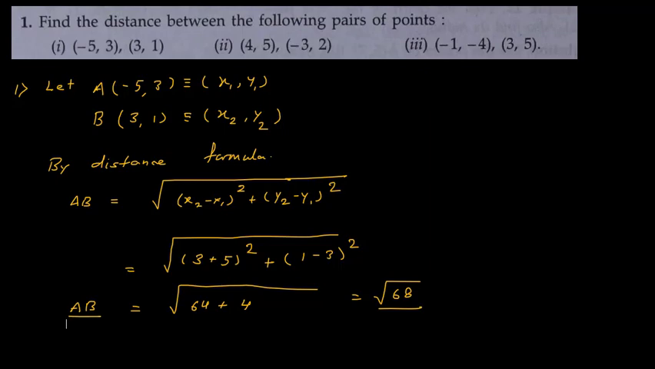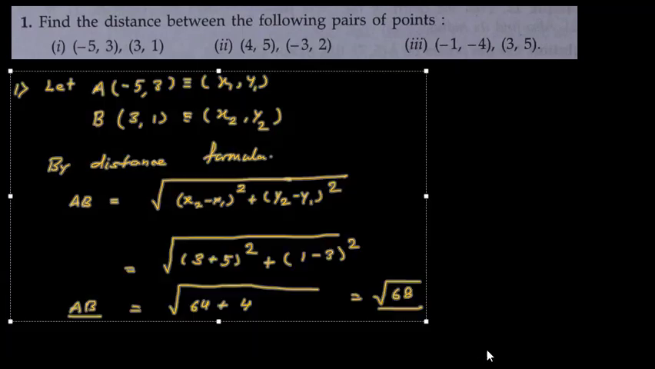Now you have to solve this second question, 4, 5 and 3, 2. So you try first. Your second question is A is 4 comma 5. This you can consider x1 comma y1 and B point you have minus 3 comma 2, which is x2 comma y2. Okay, so here also by using distance formula,